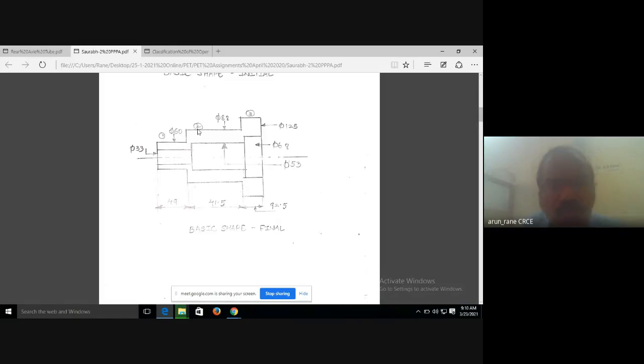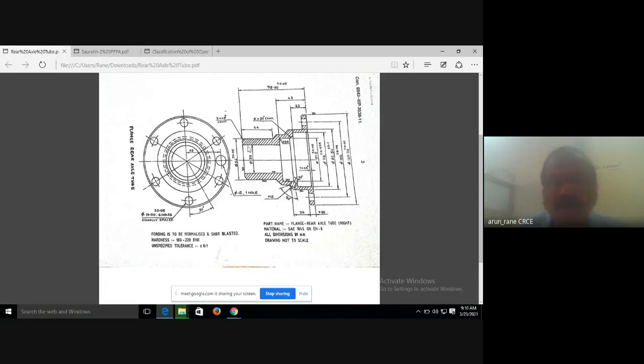See, now this is the raw material shape which he has taken. Like he has considered diameter 60, diameter 88, and diameter 125. This is the finish. Diameter 60, that is for diameter 54, so he has taken 3 allowance here. Instead of taking steps like this, he has considered a diameter over here, that 83, he has taken it as 88, and this diameter he has taken as 125. So this he has made in 3 steps for the outside diameter,